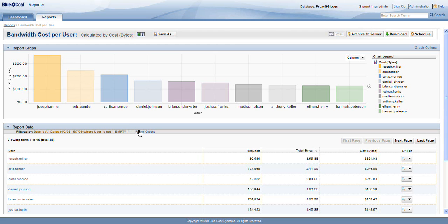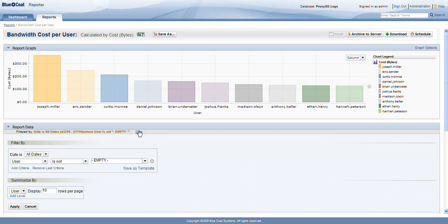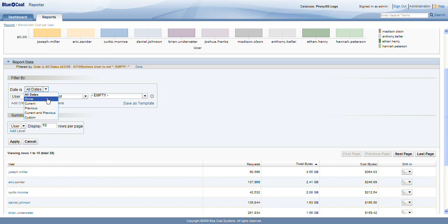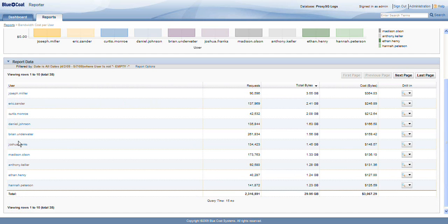It's just as easy as going into my report options, and instead of picking all dates and reporting on that, I'll tell Reporter just to grab the last 30 days worth of information. Here's my all dates, and I'm going to grab the previous 30 days. Now I'll apply that filter, and we should see something very similar, but now it will always only be going